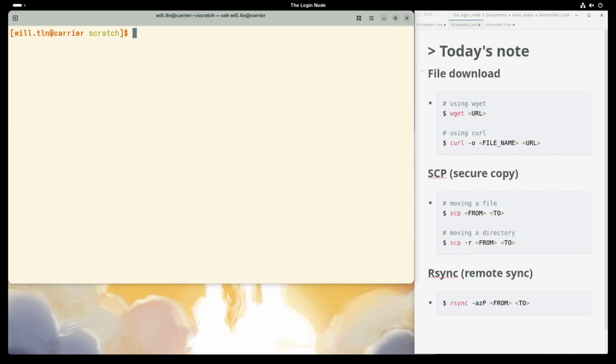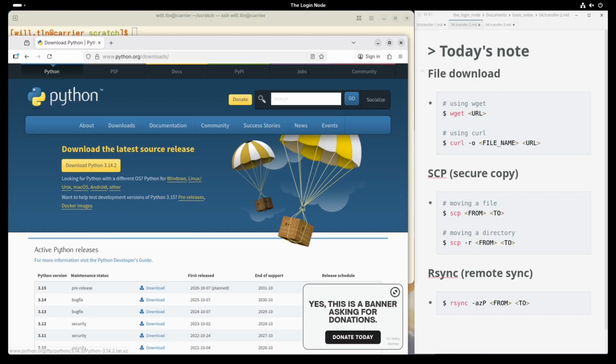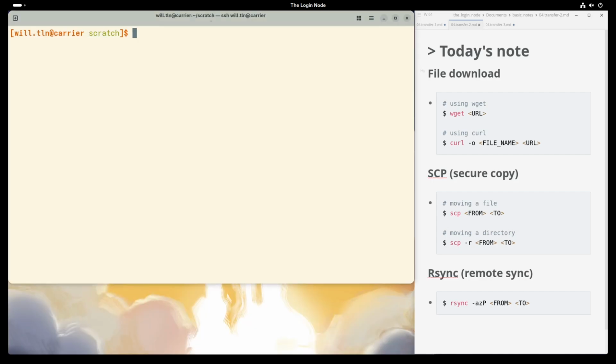I want to download a Python file from their website to the cluster. You can get the link first. In the cluster terminal, you can either use wget and the download link, or curl -o, file name, and the download link, just like this.